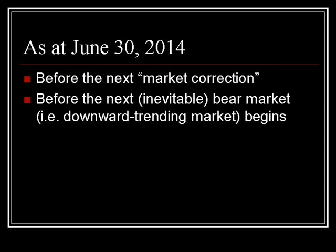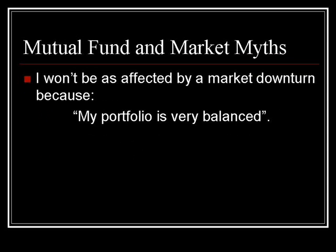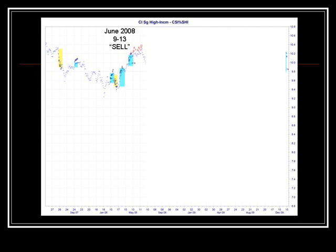So as at the date of this presentation, before the next bear market inevitably begins, we'll stroll down memory lane and question a few myths. I often hear people tell me my portfolio is very balanced. Well, one of the most consistently top-rated Canadian balanced income funds, June 2008, DeMark Sequential 9-13 sell, followed immediately by